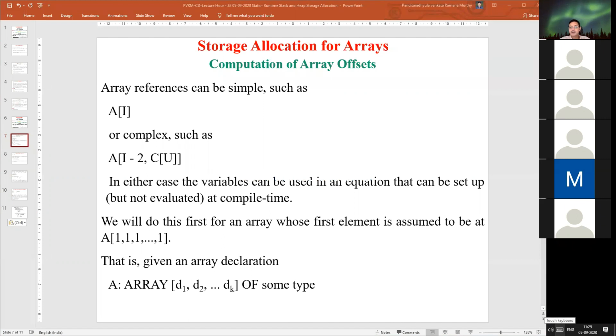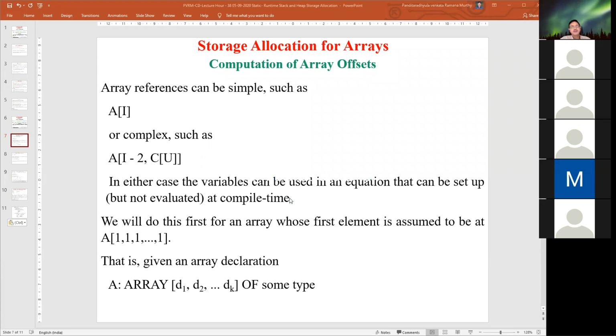So A of I is nothing but an element of the array. The data size may be 2 if it is a variable. We are treating it as 2 memory locations.